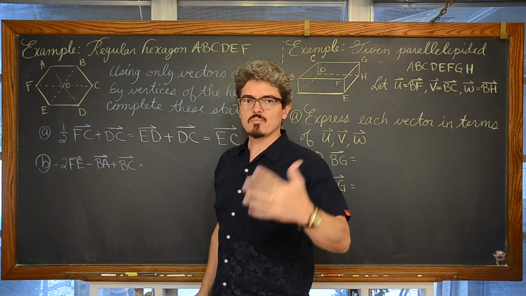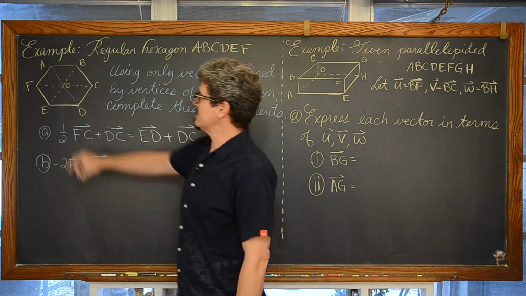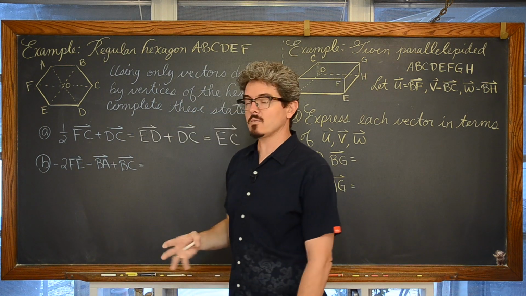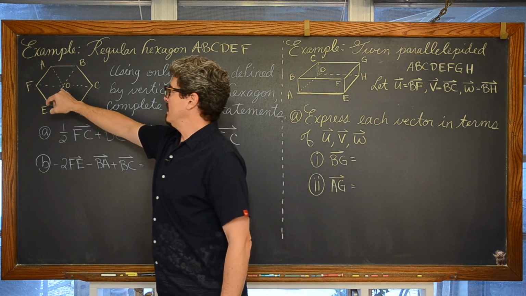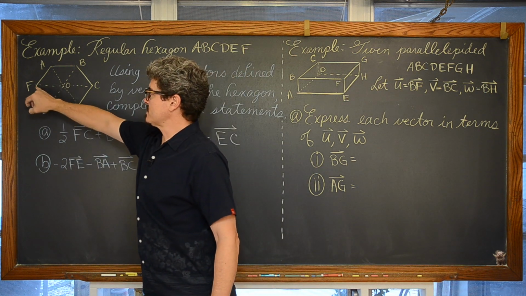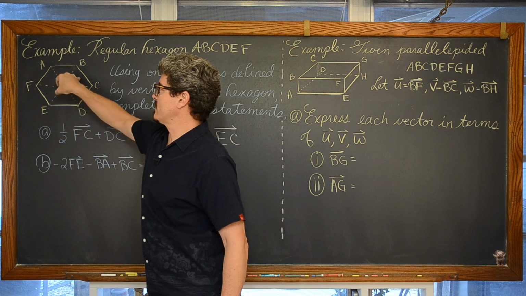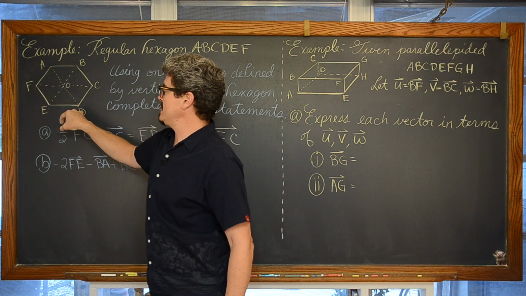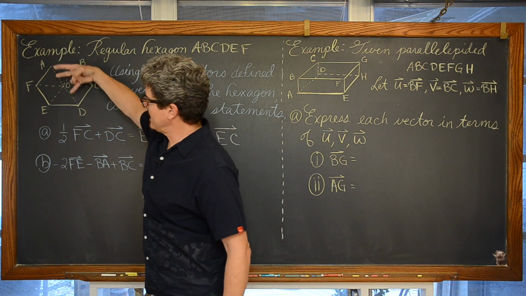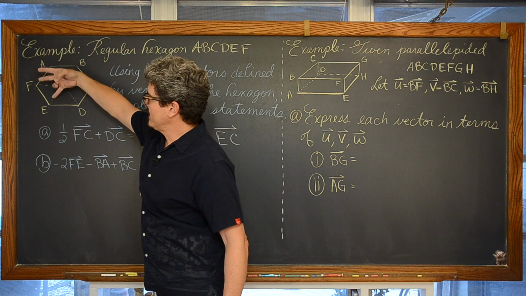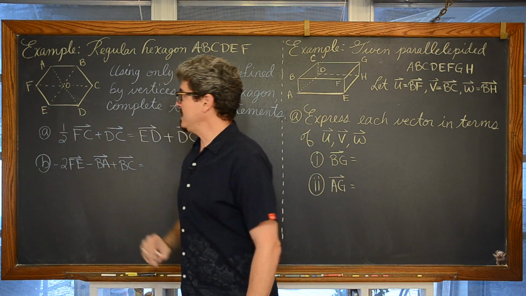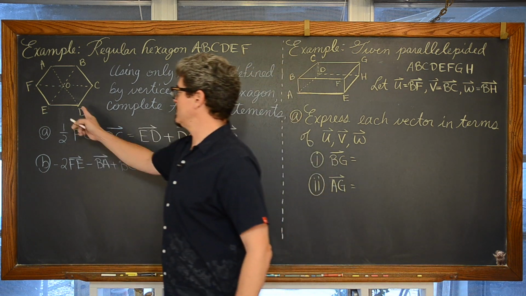In my previous video, I talked about properties of hexagons, and ultimately we got to where each of these triangles, these subdivisions, are equilateral triangles. I'm not going to bother reproving that. So this is one side of an equilateral triangle. All of these triangles are congruent, and vector AD is going to be made up of two of those vectors that are the same length as FE. So, -2 FE is equal to vector DA.